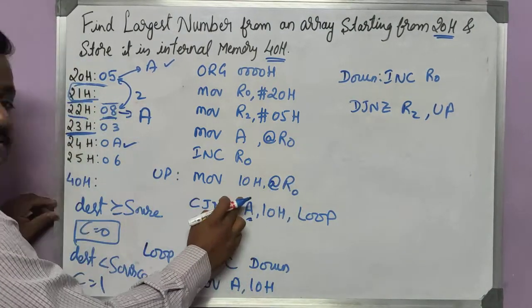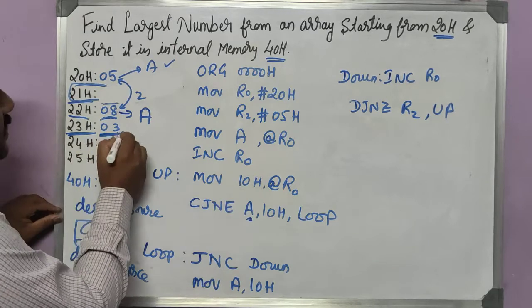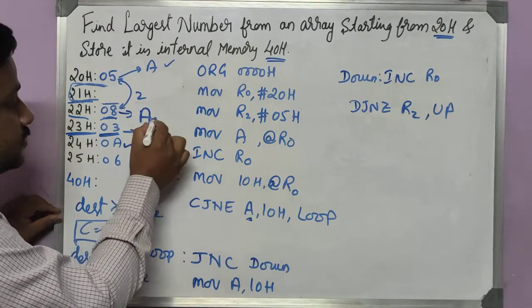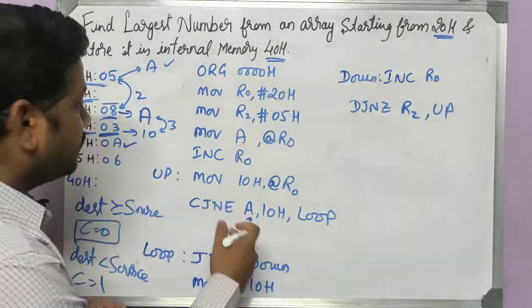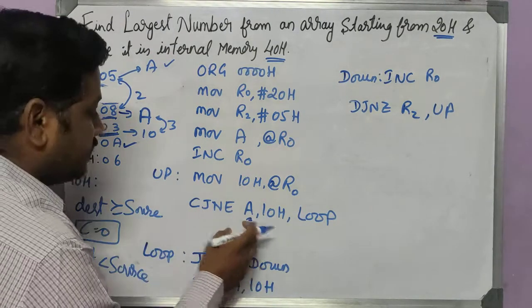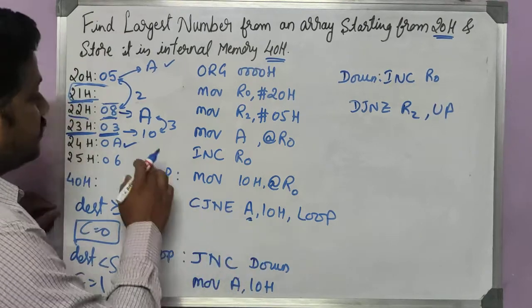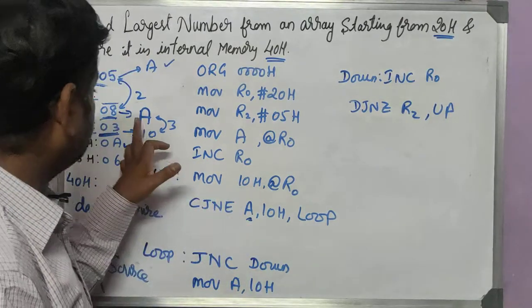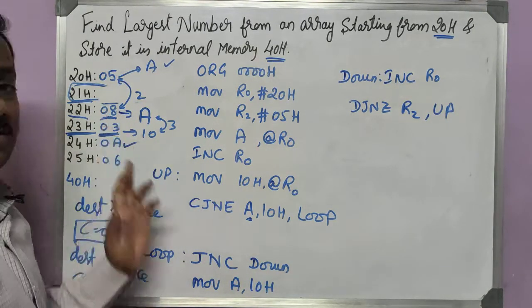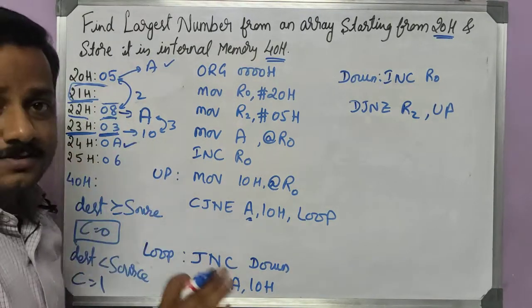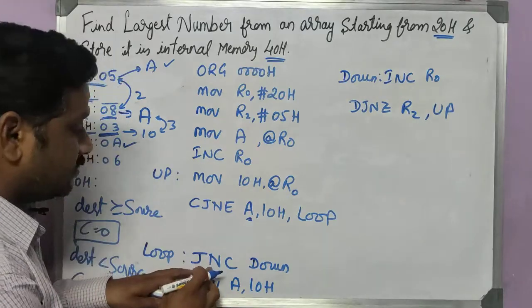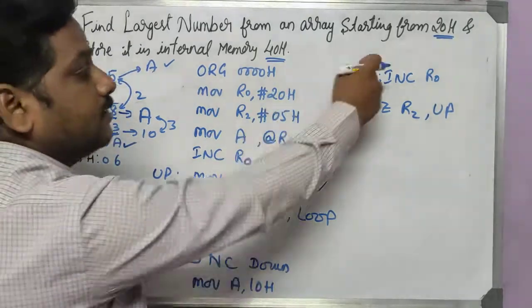Now this content will be taken into 10H. Now we need to make the comparison. That is the third comparison. Then compare it again. Okay. When we compare it again, these two are not equal. These two, 8 and 3, are not equal. So we will come to this line. Check for carry. Accumulator is larger, so you will not get carry. No carry, so it will come here. This line will not execute.